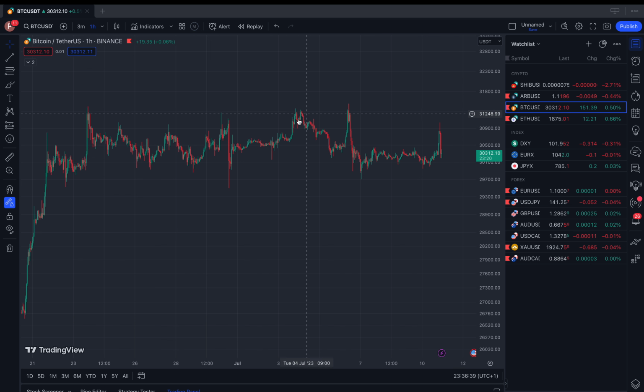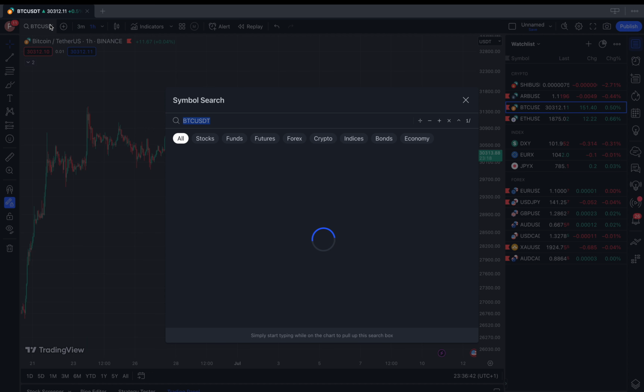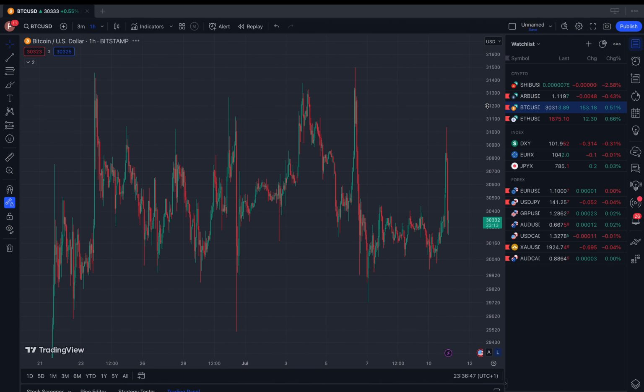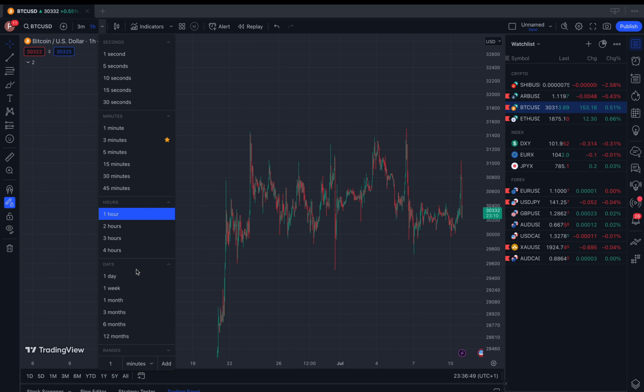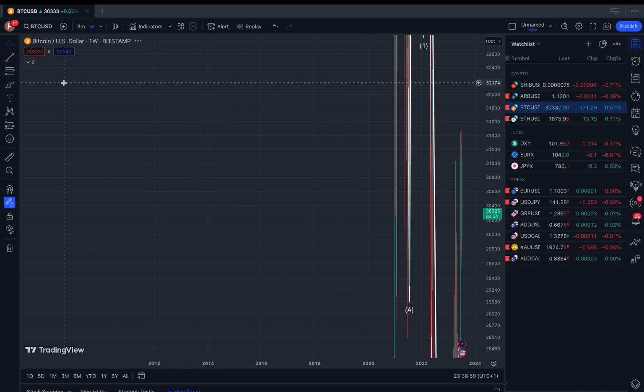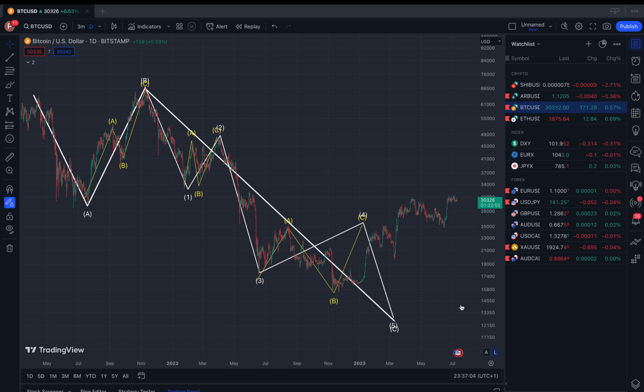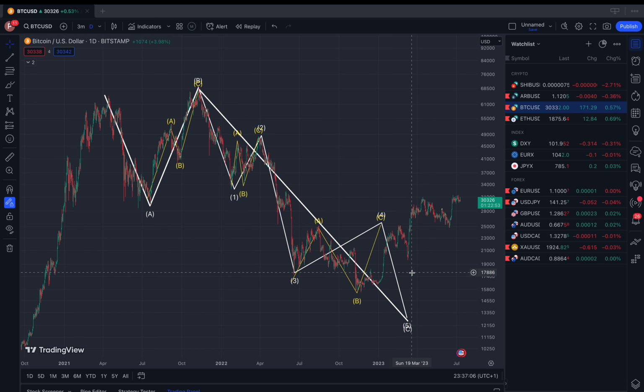So first of all, we're going to be talking about my standard procedure. For example, I'm going to give you guys a real life example from a couple of months ago. What I like to do is I go on the daily or the weekly. Generally the daily is the best, and I come up with a long-term bias. Once I've established my long-term bias, I'll say to myself, whatever direction I believe the market's going to go, this is going to be the majority position I take most with leverage.